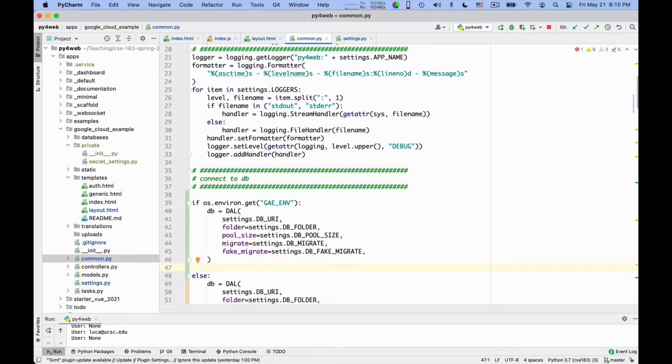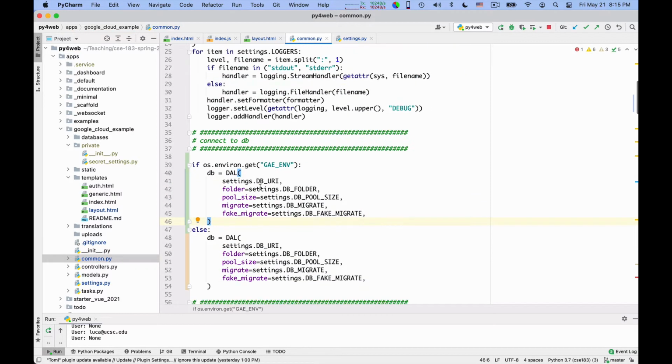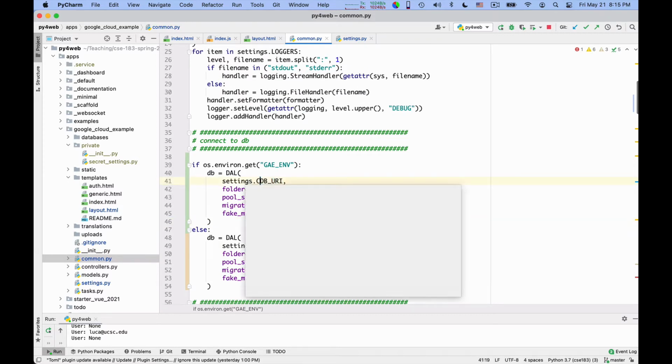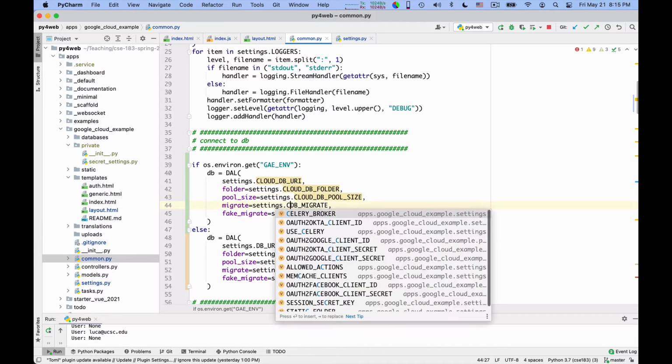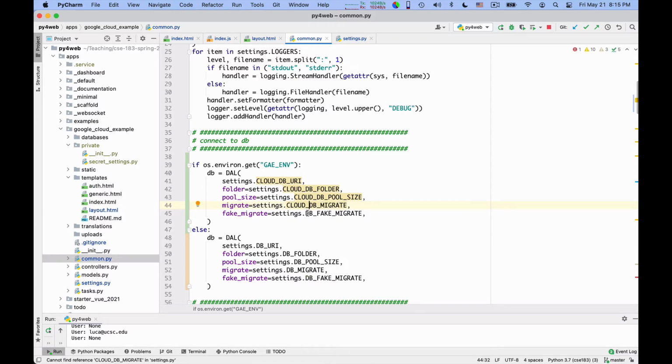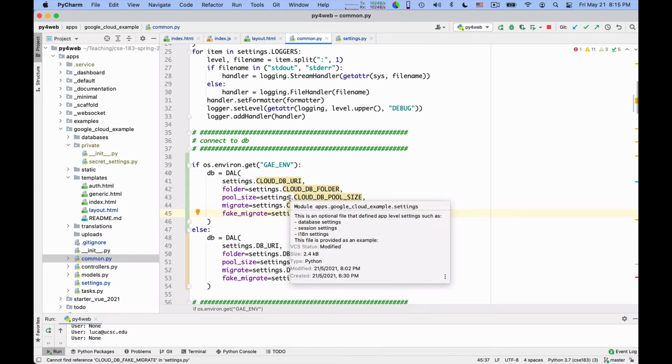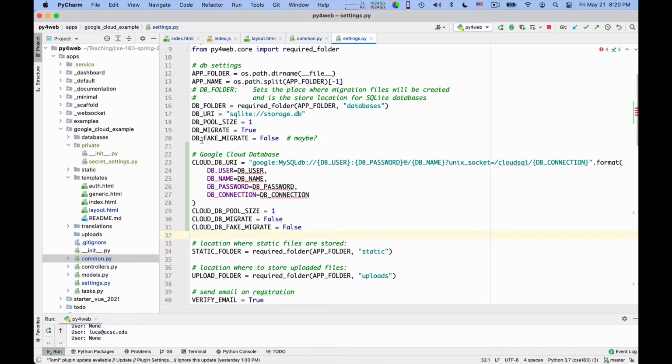But instead of saying DB URI, etc., I want to say cloud DB URI, cloud DB folder, cloud DB pool size, cloud DB migrate, and cloud DB fake migrate. So now I have to create these settings in my settings file. So in my settings file, I produce the cloud DB URI, pool size, migrate, and fake migrate.